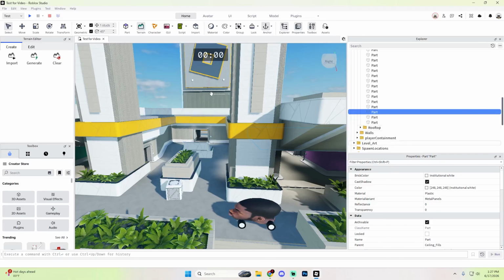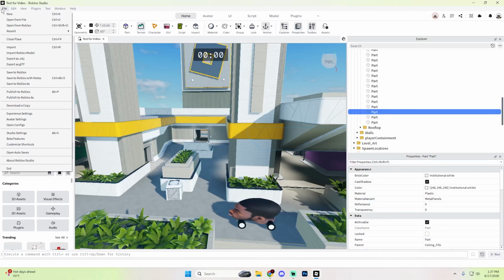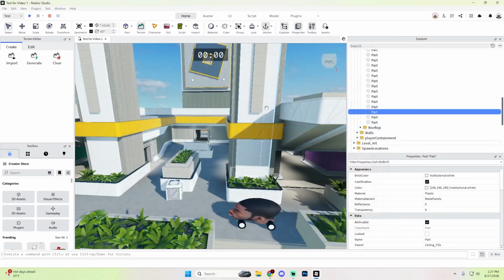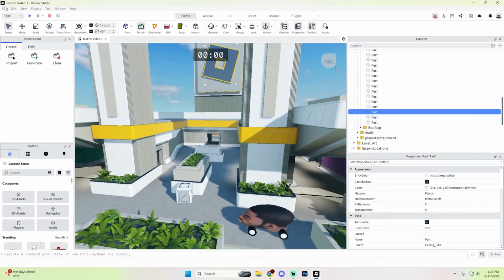And what you need to do is hit File up in the top left corner. After you hit File, you're going to see an Experience Settings option on here. Go ahead and select that. And if it says you need to save first, make sure you go ahead and save. I actually currently have this saved. If I add like a 1 on here, or I guess a 1 and a 2, I'd have to hit save again. Once you do that, it'll load for a second,